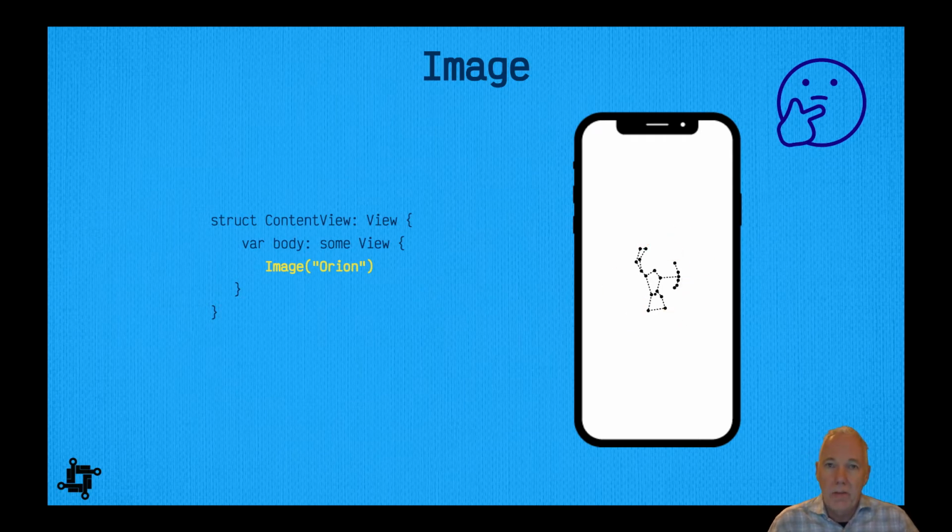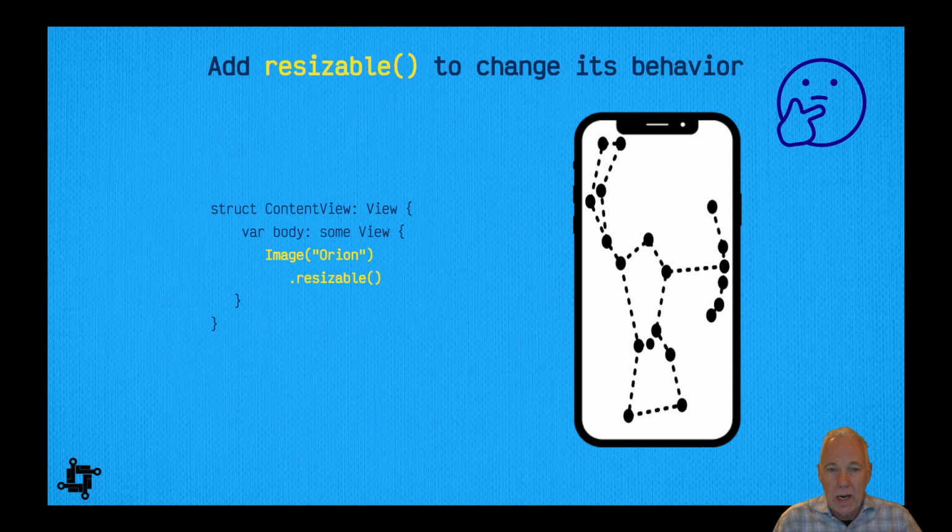So the question I have is, do we think that the image is a view that gives us a fixed size or takes up all of the space in the display? The right answer is that it's fixed. Basically, it is giving back a fixed size where the image is just this big sitting there on the display. Now,